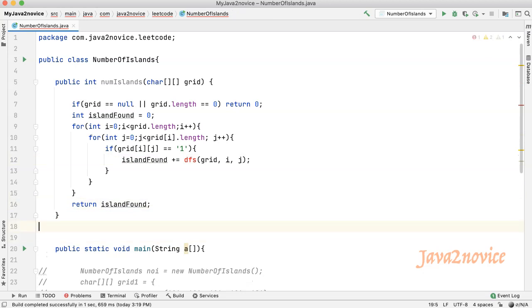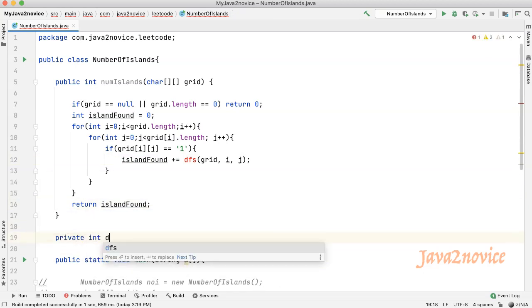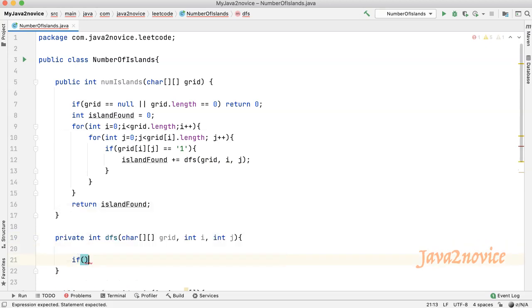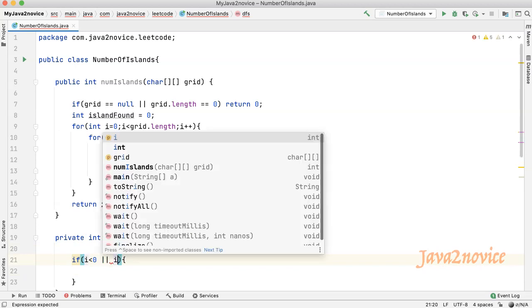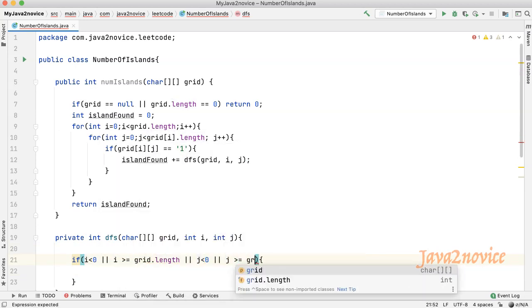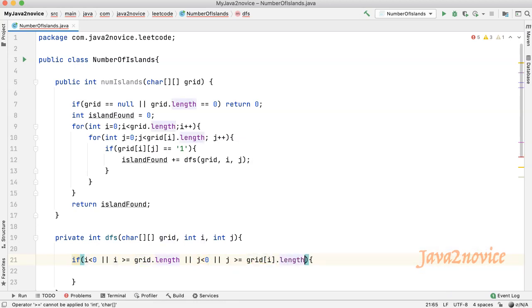Now let's write the DFS function. As a first step, we will validate the grid cell boundaries. Now check whether the cell value is 1 or 0. If it is 0, then return 0. We are not going to explore its neighbors.